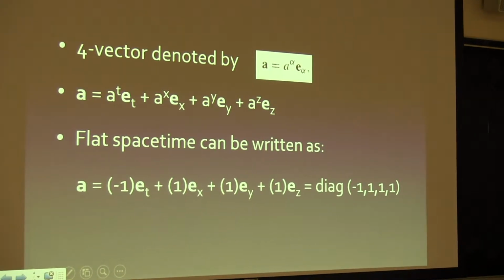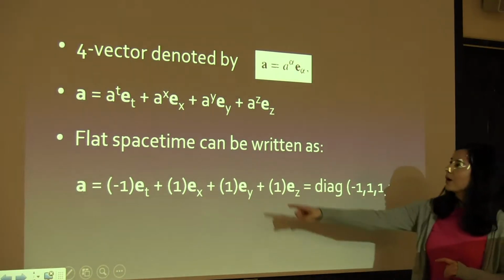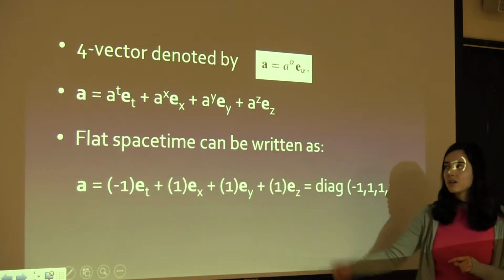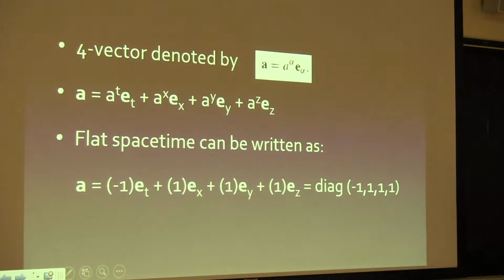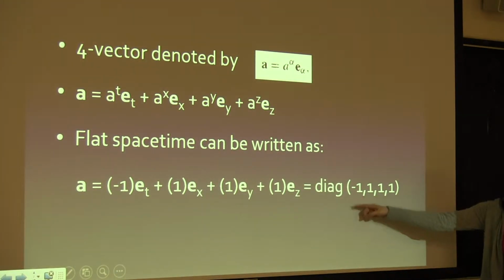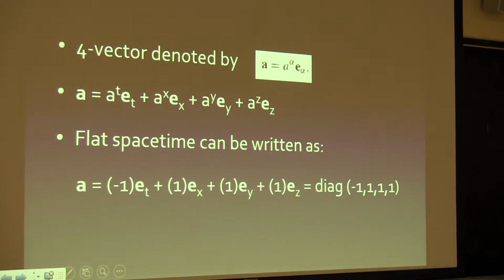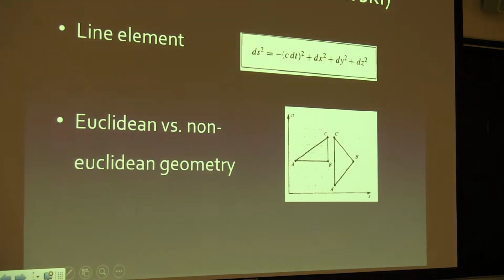Alpha here, because it's a Greek letter, just goes through time, X, Y, and Z. If you have a Roman letter, like say i, that just means you're going through space, so it's X, Y, and Z. Another way we can expand this is by writing it out this way, for each component in our 4-dimensional vector. We usually write flat space-time as this. So on the metric I showed beforehand,